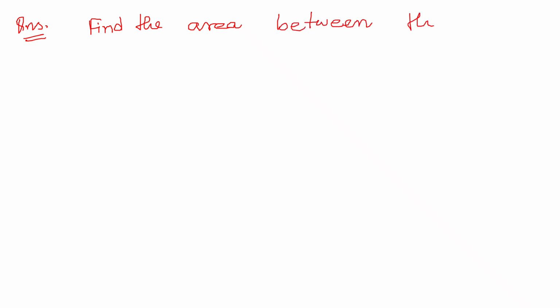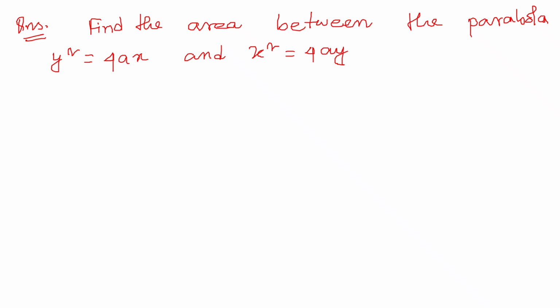Suppose for this question, find the area between the parabola y square is equal to 4ax and x square is equal to 4ay, a is a constant. So by using the double integral,